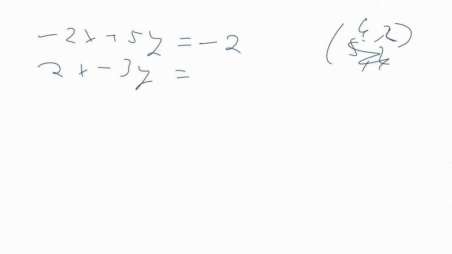2x minus 3y equals, again, make up whatever your favorite two numbers are. 5, 2 is actually not so good for this one. Let's say 6, 2. So this is minus 12 plus 10 is minus 2, and minus 12 plus 6. Oh, sorry, minus 12 minus 6. So here's one where, again, we can add them together to eliminate